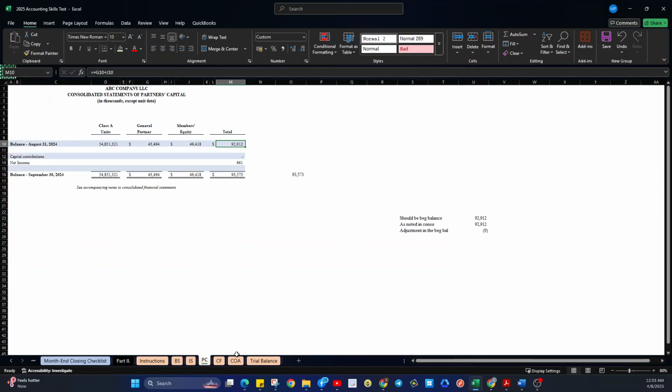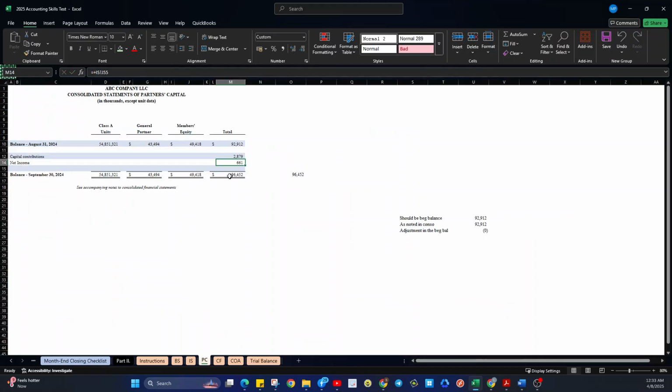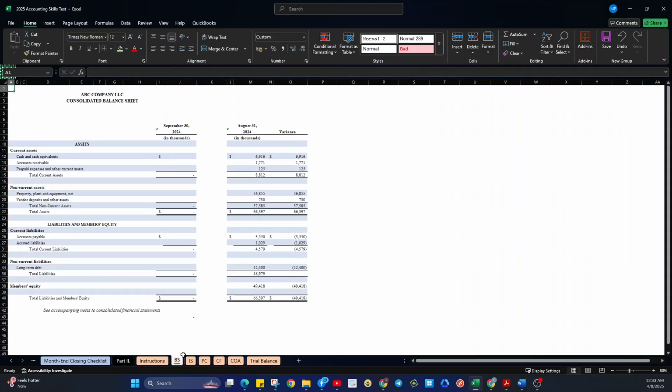There. So for the capital contribution, we have to put it here, 2879. So essentially, our balance for the equity would be 96,452, which should go here. All right, there.